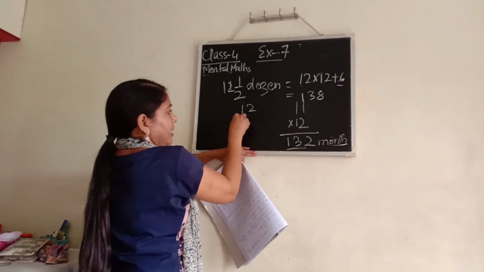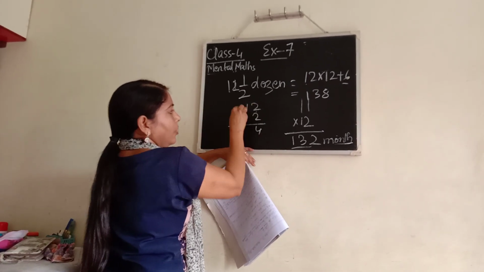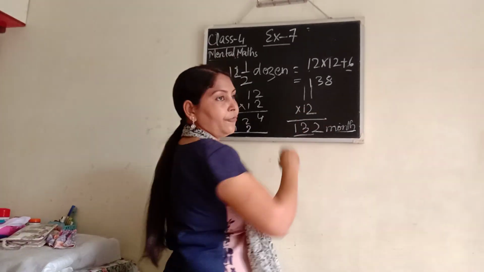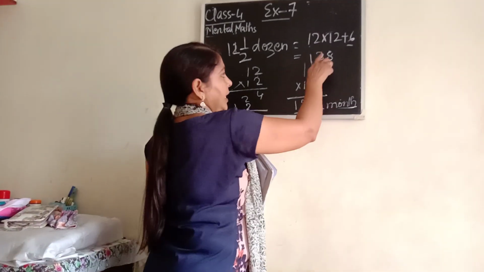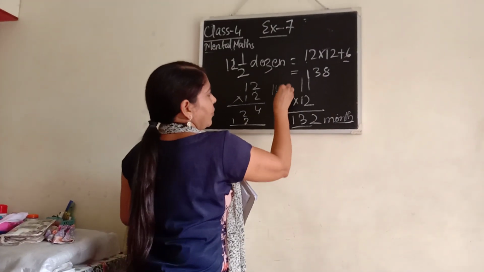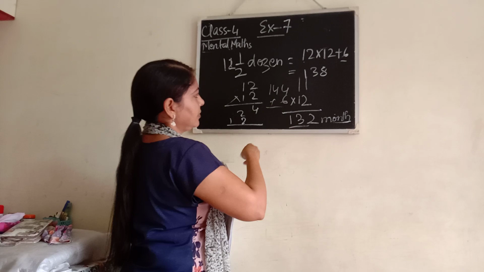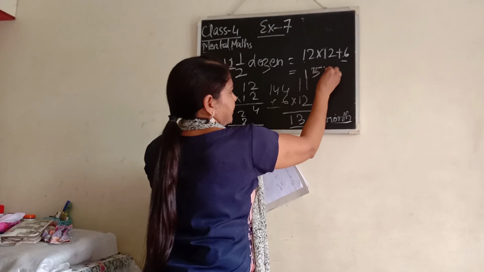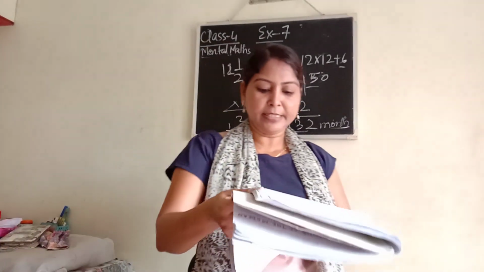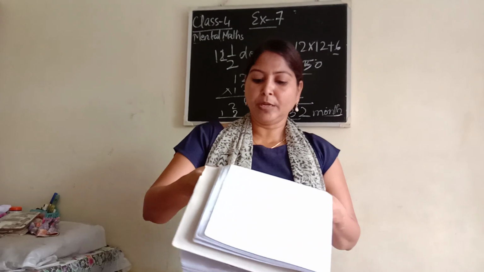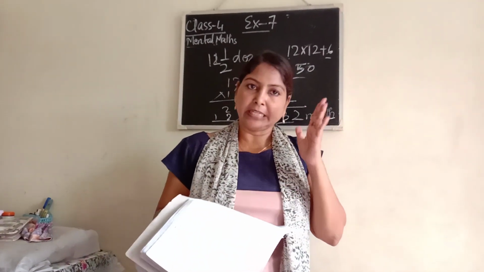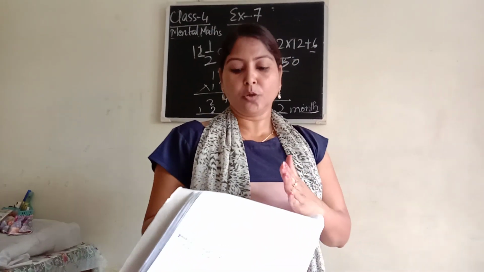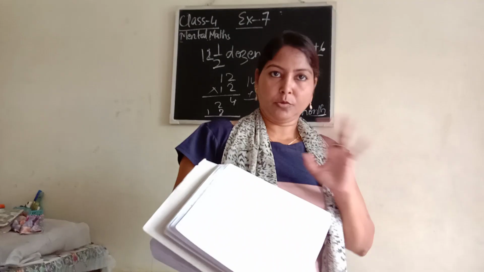You can multiply here, 2 2s are 4, 2, 12 and 1. So 144 it is coming, 144 plus 6. Okay, so 144 plus 6. Then I think the answer will be somewhere 150. Alright, you can check this, but the process will be, first you will convert 12 dozen into units, okay, and then you will add half dozen also in that, and you will find out the total units.